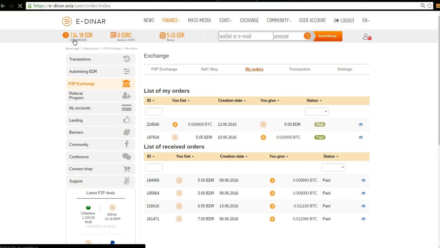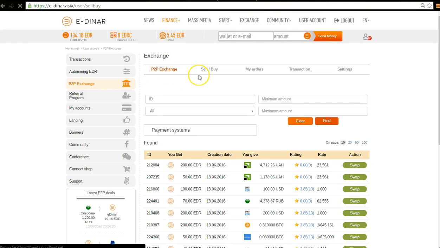Before doing that, that person needs to transfer first the Bitcoin amount to your BTC address before you send him your $10 EDR. Okay, so let's say for example, if the new member already transferred the BTC amount in my Bitcoin address, I'm going to send that new member 10 EDR using the email address.